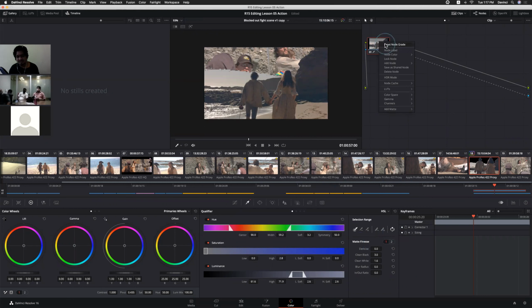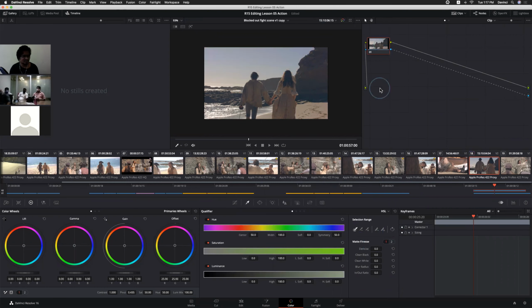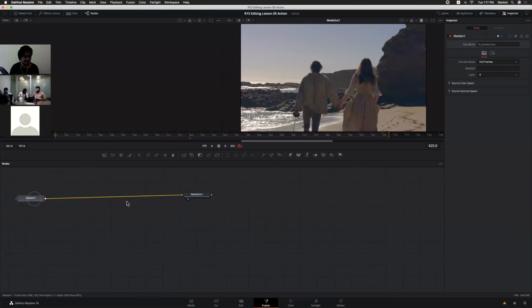This we can do in Fusion also in an advanced way, but Fusion is a kind of complicated thing. We should know at least the basic node based compositing application, so that we can use all the options like the same here.